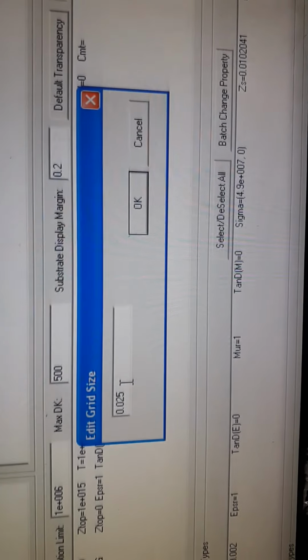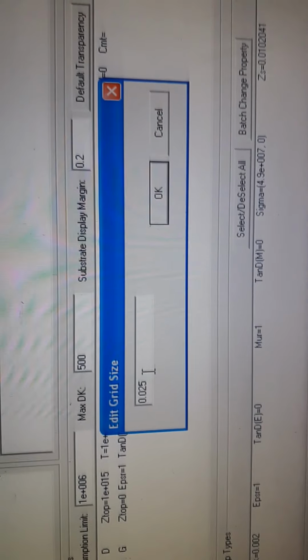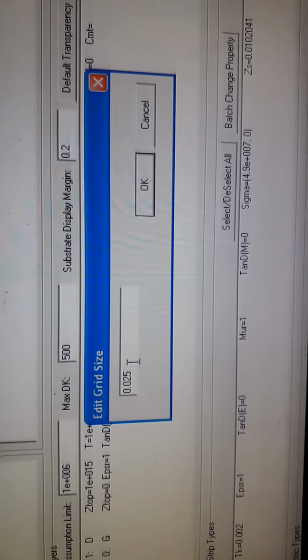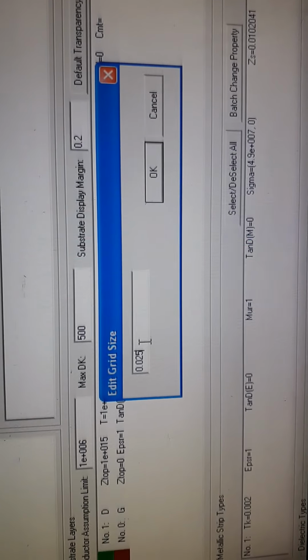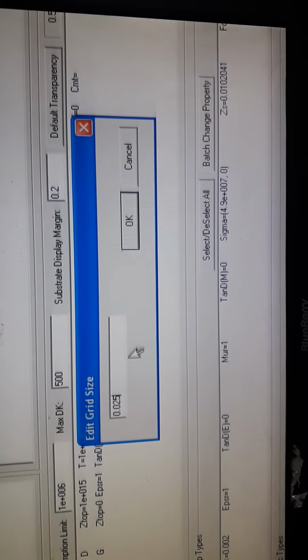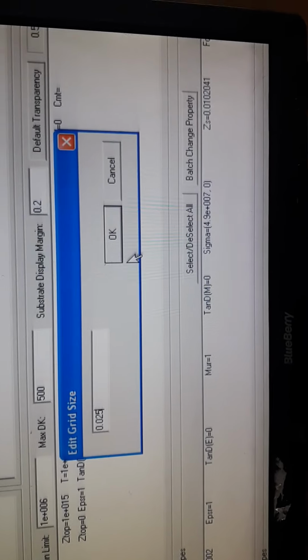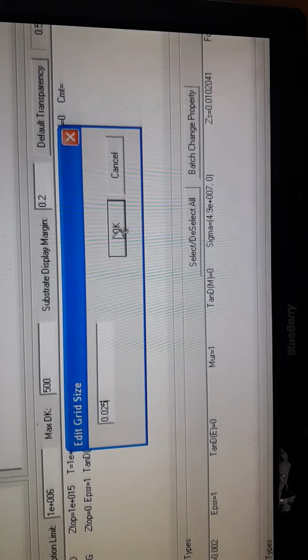0.025. Whenever the grid size is 0.025, it is the desired value. It is done automatically by the software, and there is no need to change anything. Just click OK. If you want to change, you can change, but sometimes it is not required. So if we do this edit grid size, you see that here is coming